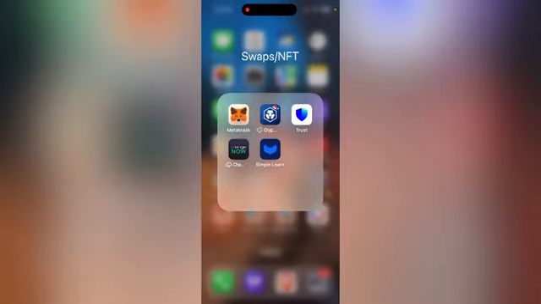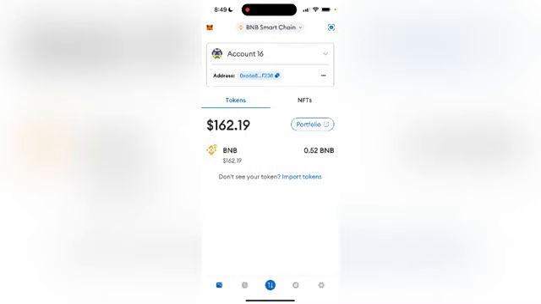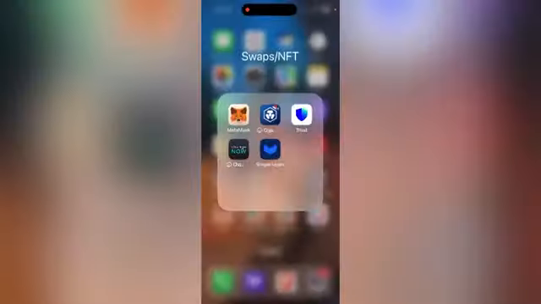So you're going to go into your MetaMask app and open up the wallet that you're wishing to get your crypto into your fiat or your local currency. As you see here, I will be using BNB. I'm going to note how much I'm going to send. I have 0.52 BNB in this account. I want to send 0.51 because I want to save a little in my account for gas fees for any future transfers or buys or sells. So I'll remember my 0.51, and I'm going to go out to SimpleSwap,